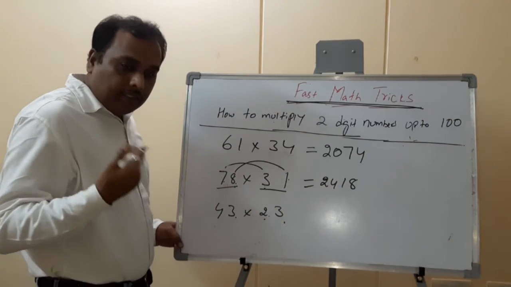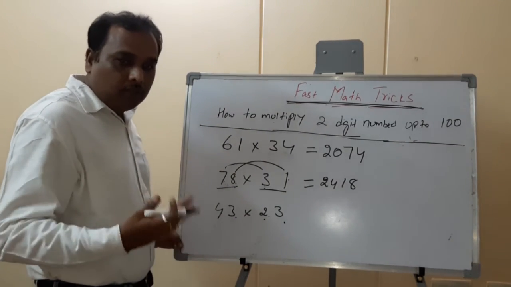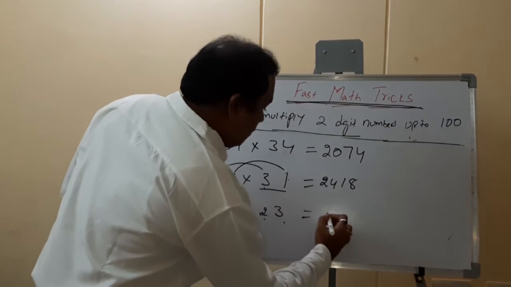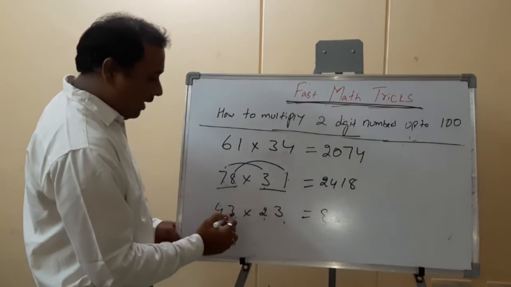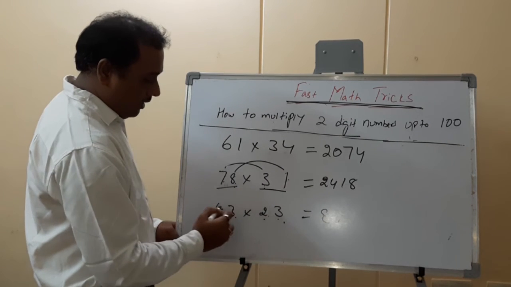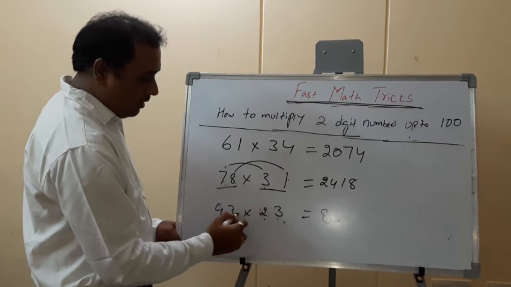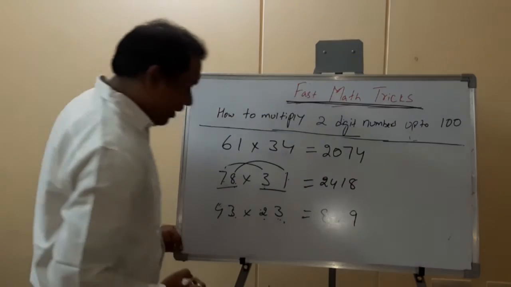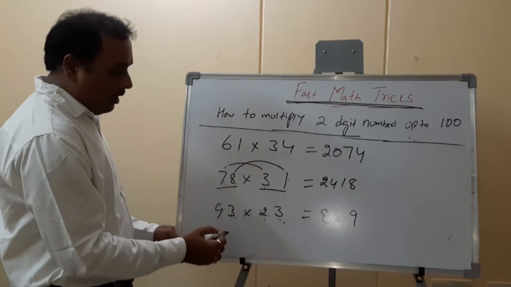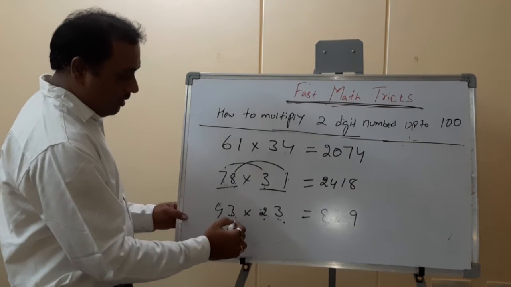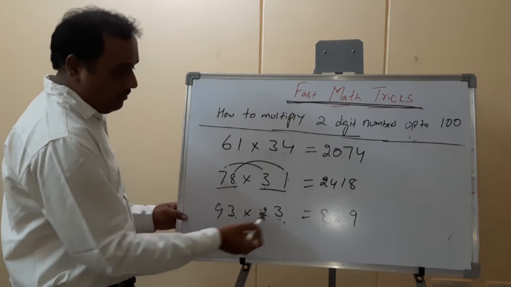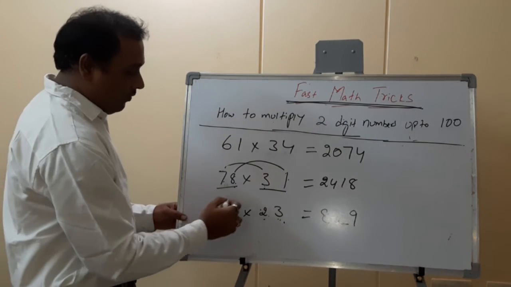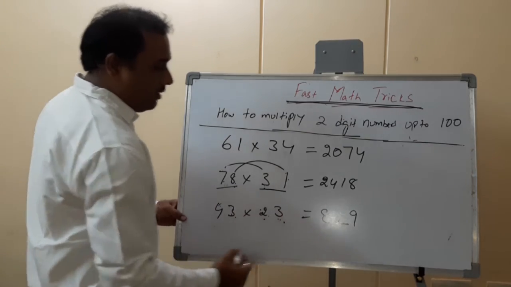So you can think this in brain now. Try to think in brain. So 4 into 2, that is equal to 4 2s are 8, and then 3 3s are 9. So we are writing 9 here. Now what we have to do is simple. We have to do the addition for this digit number what we have to get, right? So 4 3s are 12 and 3 2s are 6.